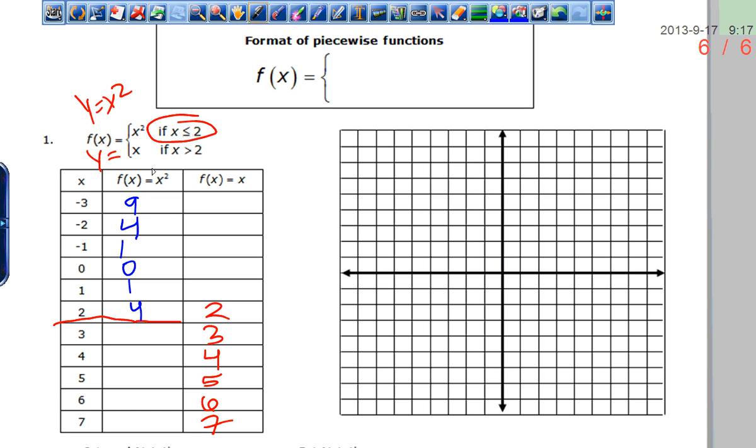All right, the first thing, let's go ahead and graph these ordered pairs for x squared. So I'm starting at -3. I'm at 9. Way up here. -2, I'm at 4. And you can